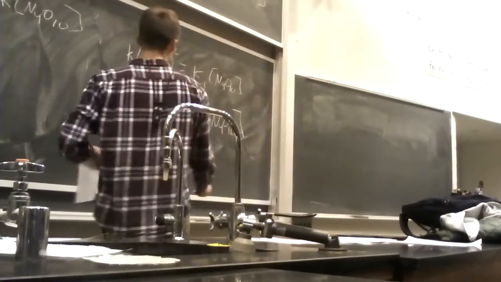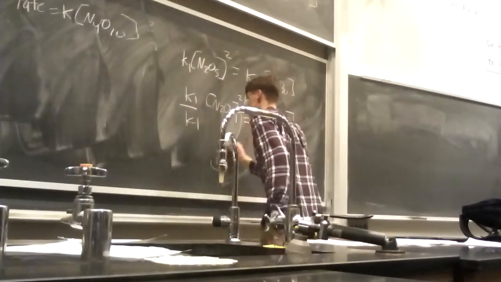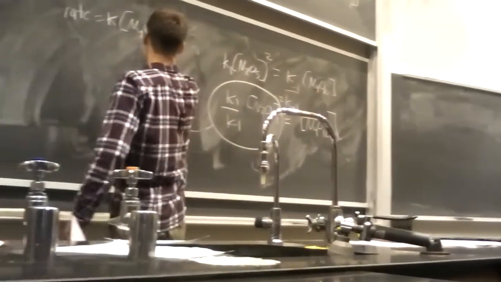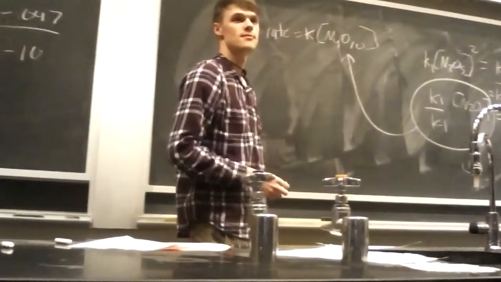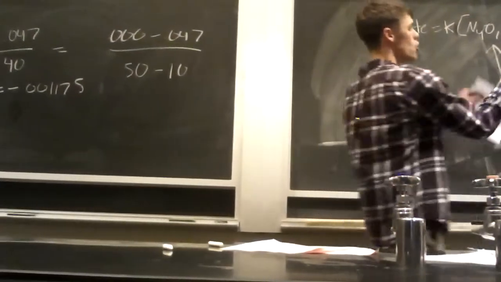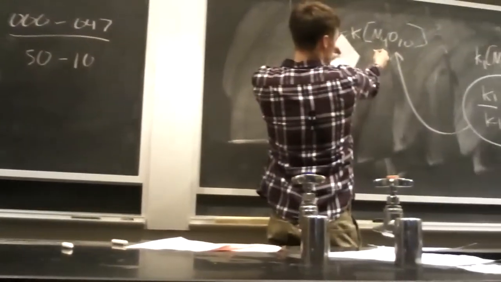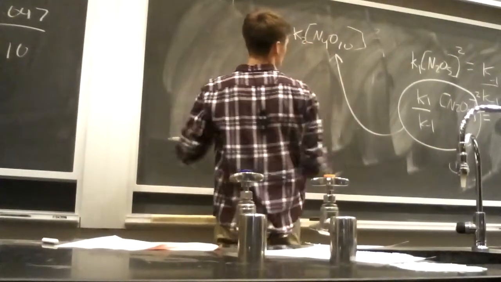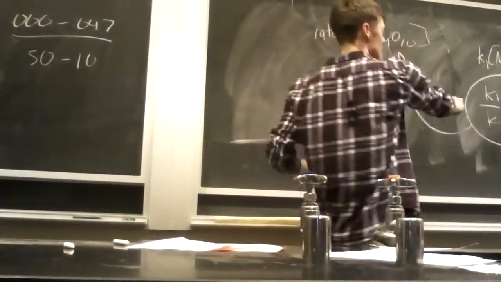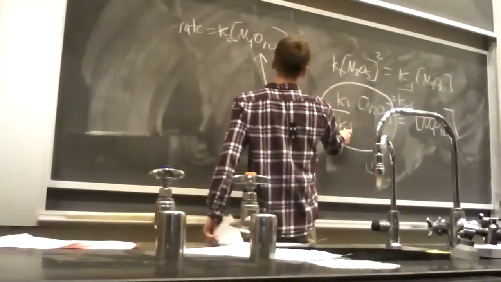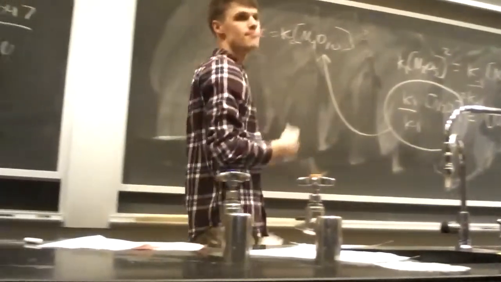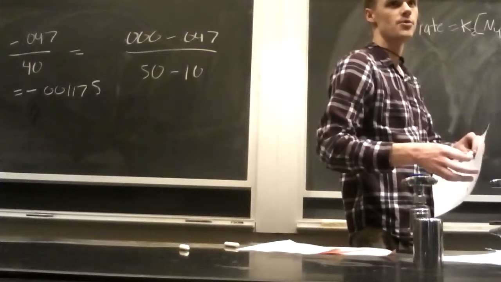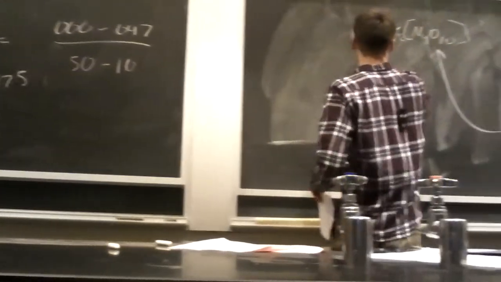Okay, so now we take this and we plug it into that. We take that whole term and we plug it into the new concentration. Notice that this K, we can call it K2. It's not the same K as this. It's not the same K as this. It's a different K. It doesn't matter if you put 2, but it just has to be different. You have to understand that it's a different K value. Okay? And once you do that,